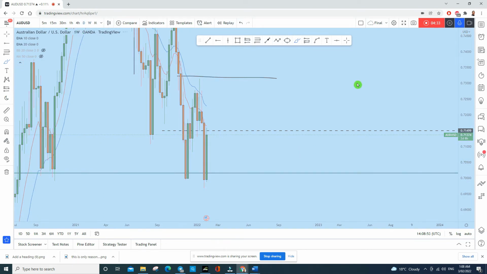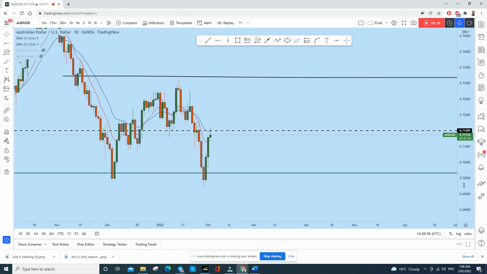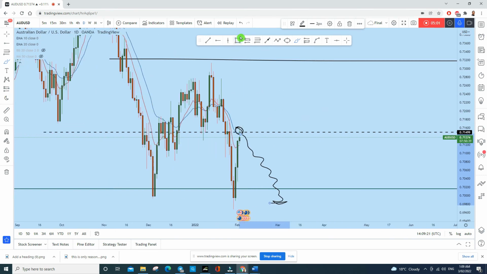So let's see on the daily time frame how we can find a trading opportunity. Now you see there is this blue line, which is 20 period moving average. Now the price is rejecting from this 20 period moving average, so there is a huge confluence here. As you see, this is a resistance, this dotted line, followed by a 20 period moving average, back to back 3 days up. Now from here we might see slowly coming to the downside, so we have a lot of confluence for the